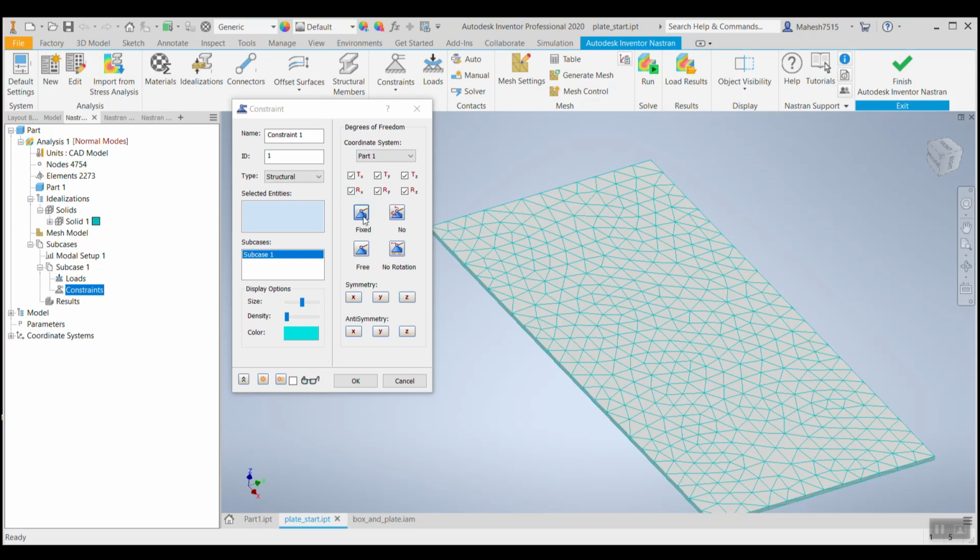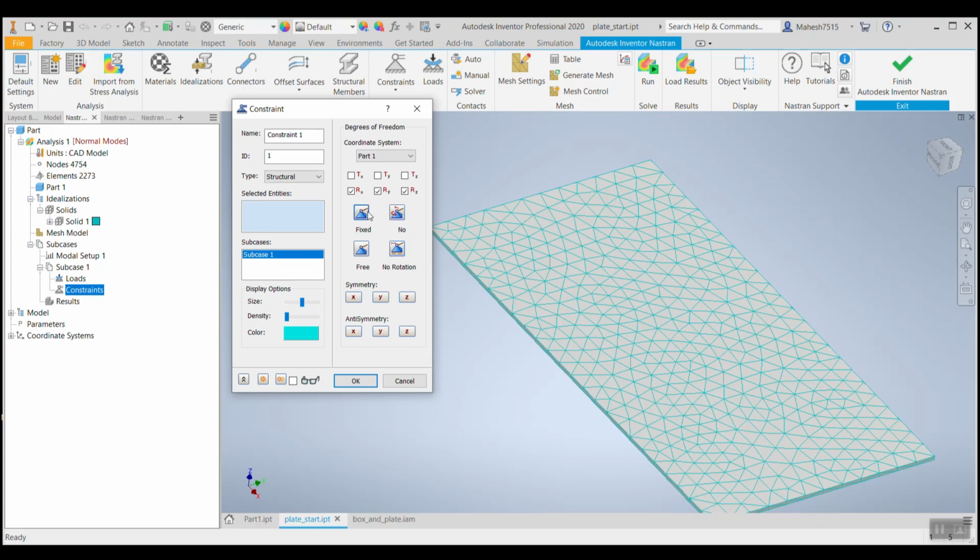So if we are selecting fixed, all will be selected because fixed means it's rigid, it's not going to move anywhere. If we are going to say no translation, there is no translational motion, whereas we have rotational motion in the part. And if you are going to say free, everything will be unchecked and the body is free to move. No rotation, as the name suggests, doesn't have rotational motion, but it has translational motion.